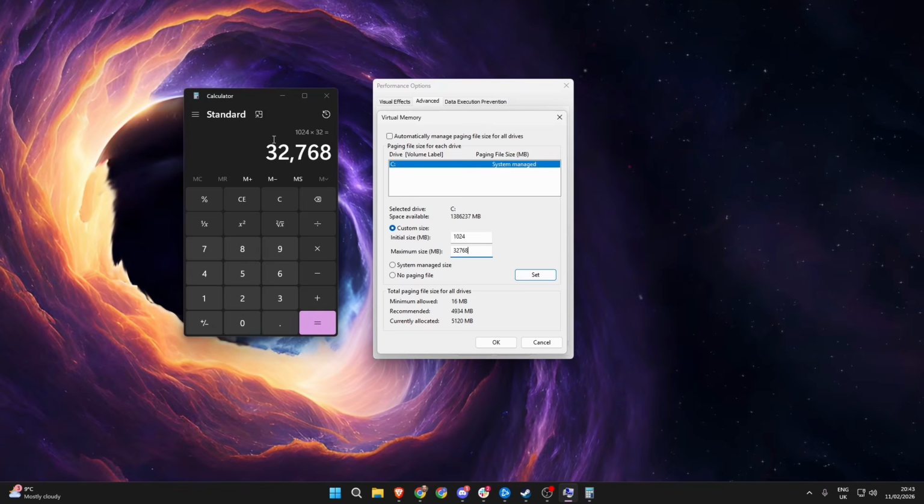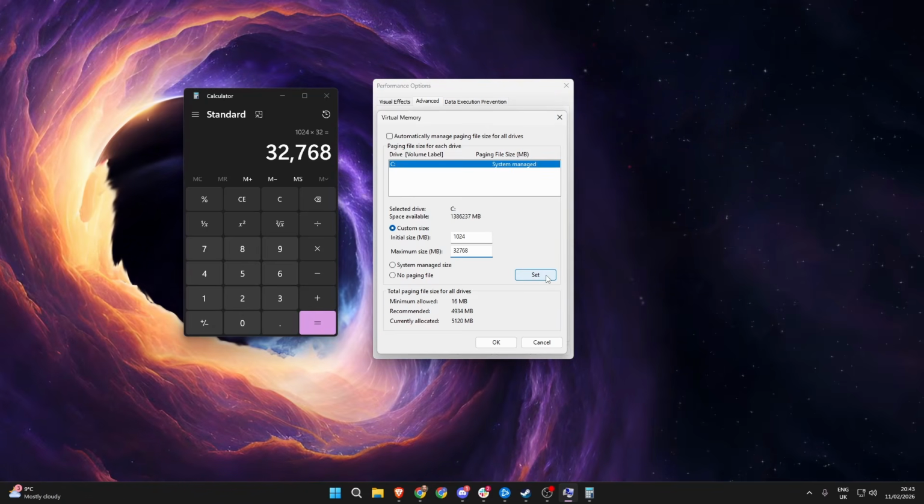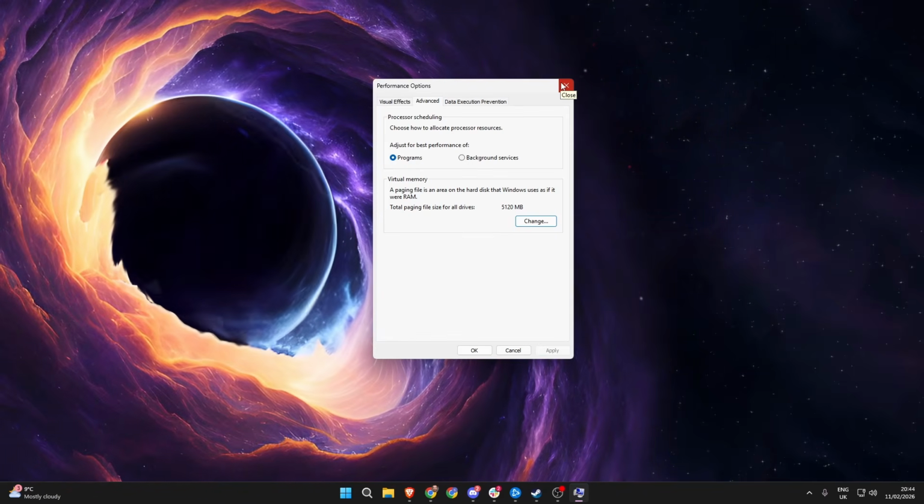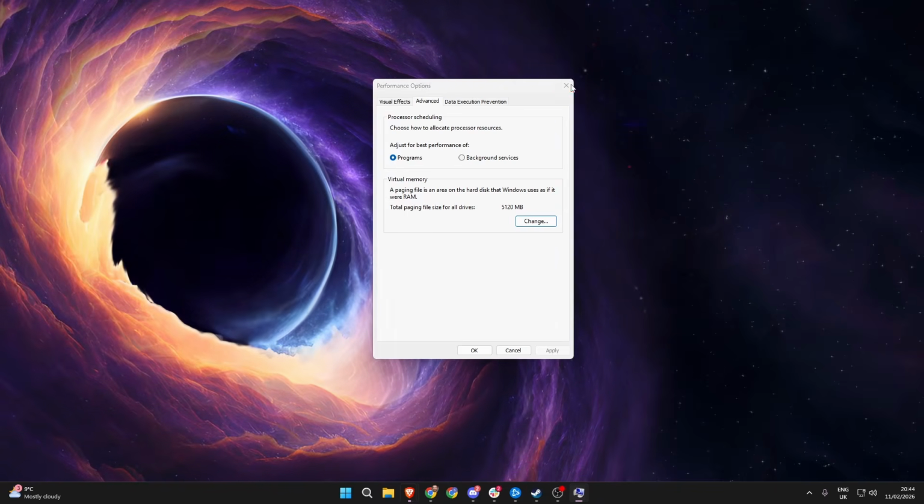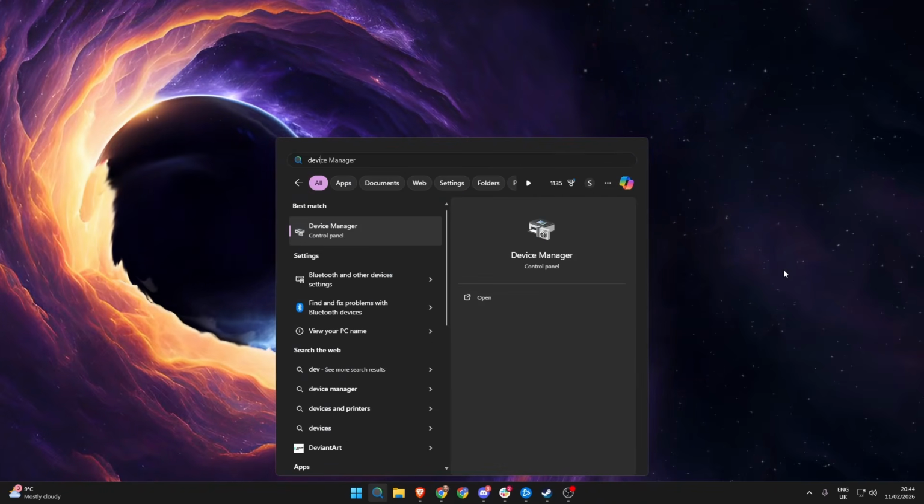If you have 8, half that number again. And then click set. After you press that, just click OK. If that still hasn't fixed your issue, the next method is to open up our search again and type in